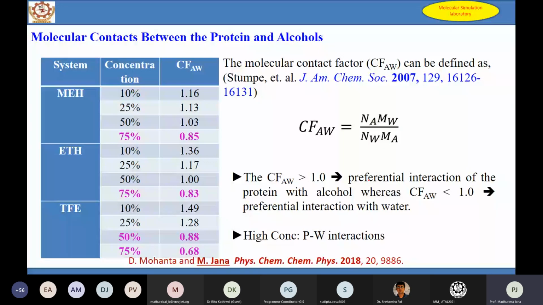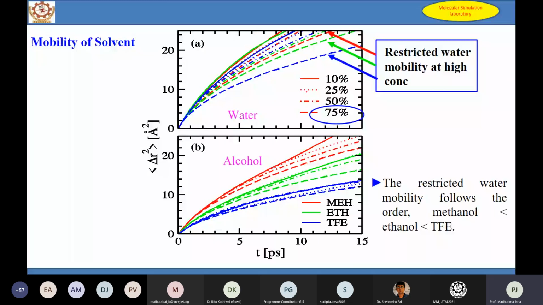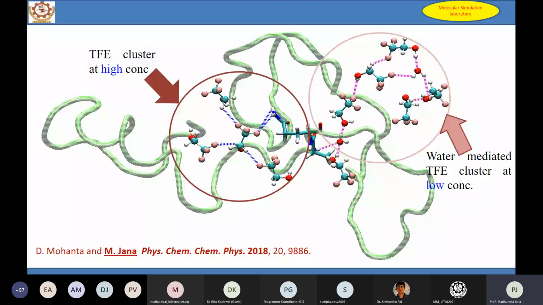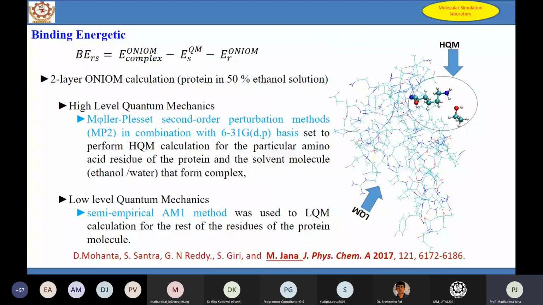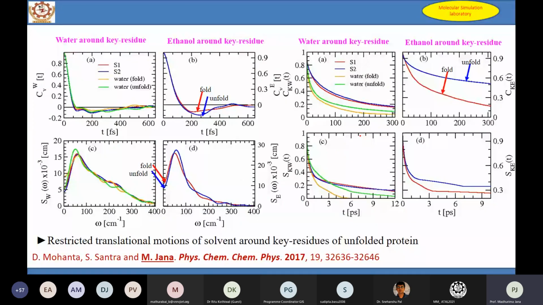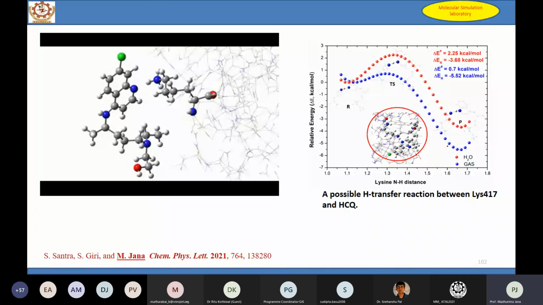So these are all the calculations that you can do. I'm just skipping. Here is the use of a QM/MM study: some part we have considered as quantum mechanics, some as molecular mechanics. These results I won't show, although I spent a lot of time on the methodology part. At least one important result I can show here.